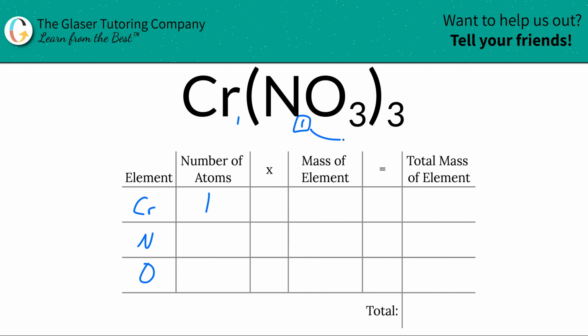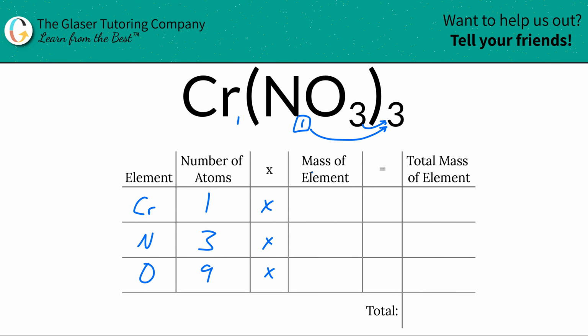Well, simply what you've got to do is just take those 2 subscripts and multiply them together. All right, so that's going to be a 3. And then the same thing for oxygen. Just take the subscript of oxygen, multiply it by the outer subscript, and that's going to be a total of 9. Then all we have to do is take those numbers of atoms and multiply them by the mass of